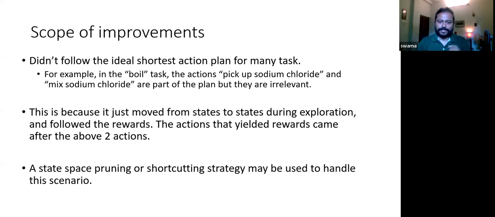This is because during the random exploration, these actions are tried, and after trying these actions, it probably found the water. It went to the kitchen, turned on the sink and found the water, and that finding water gave it a very strong reward. Now, while updating the state space graph, it was recording the full trajectory, including these irrelevant actions, and it increased the value of the full trajectory based on the reward that it got at the end of the trajectory. So that's why these irrelevant actions are getting picked up from the state space graph.